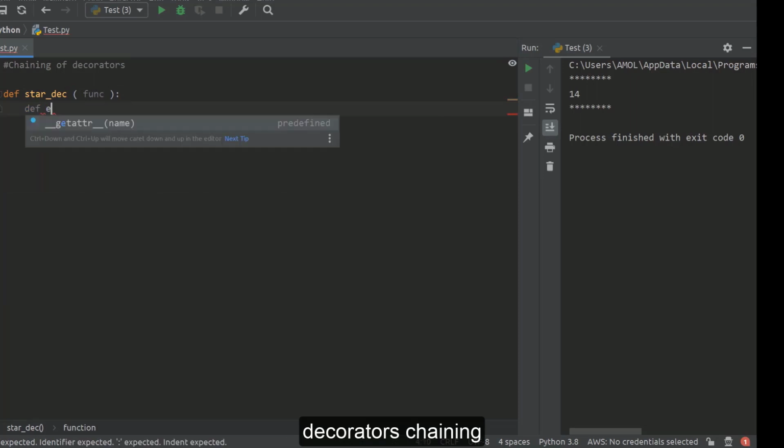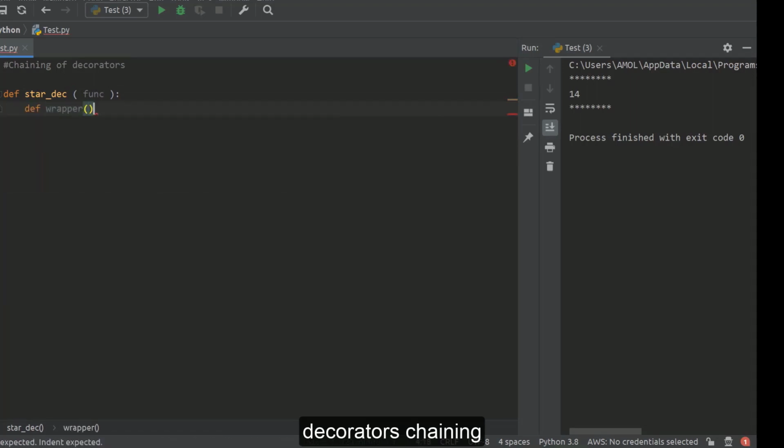It will contain one inner function, mostly we call it a wrapper function. Now we will write down this wrapper function in the generalized format. It is a better idea to follow this generalized function format instead of writing it specific to a certain function.